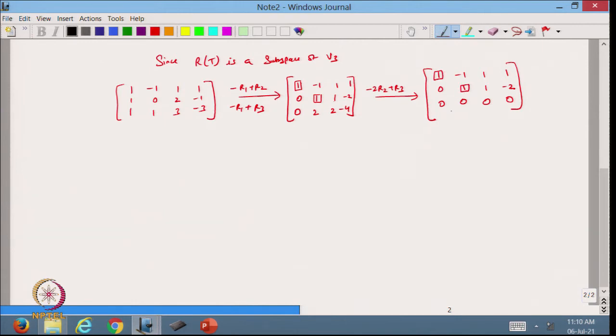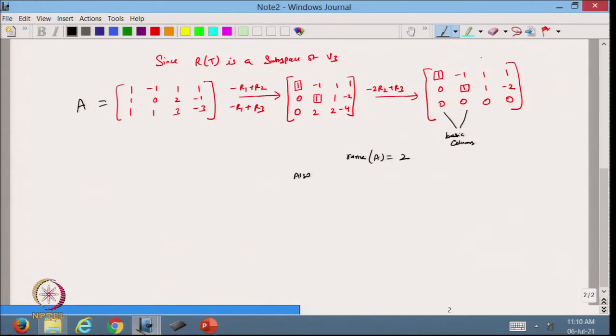So, I know that these two vectors are basic columns and this is a non-basic column. So, from here I can see that the rank of this matrix, let me call it A, is 2, that we can check from here. Also,